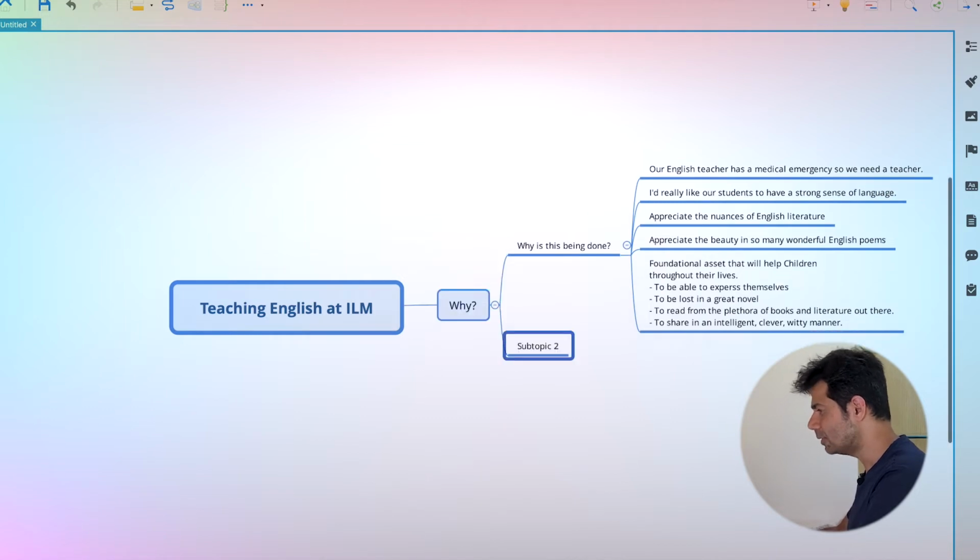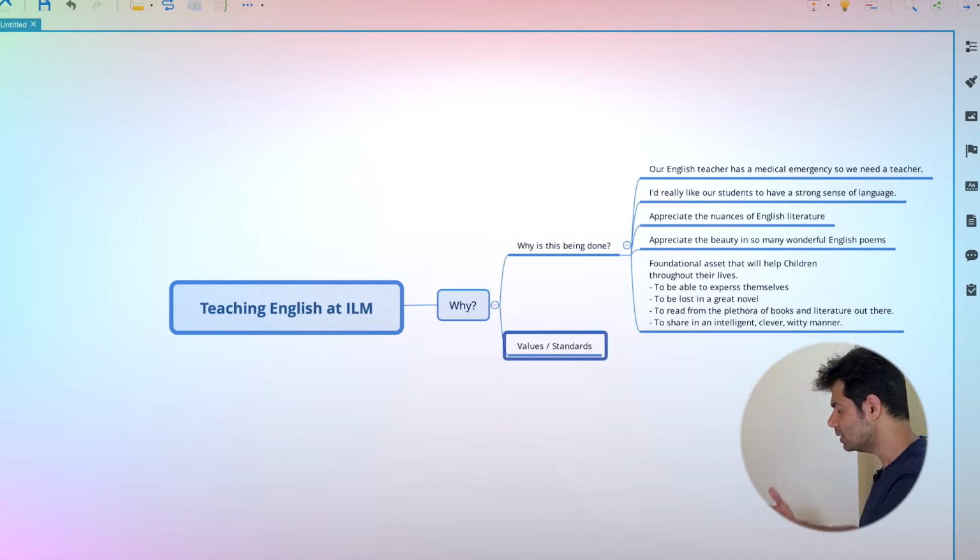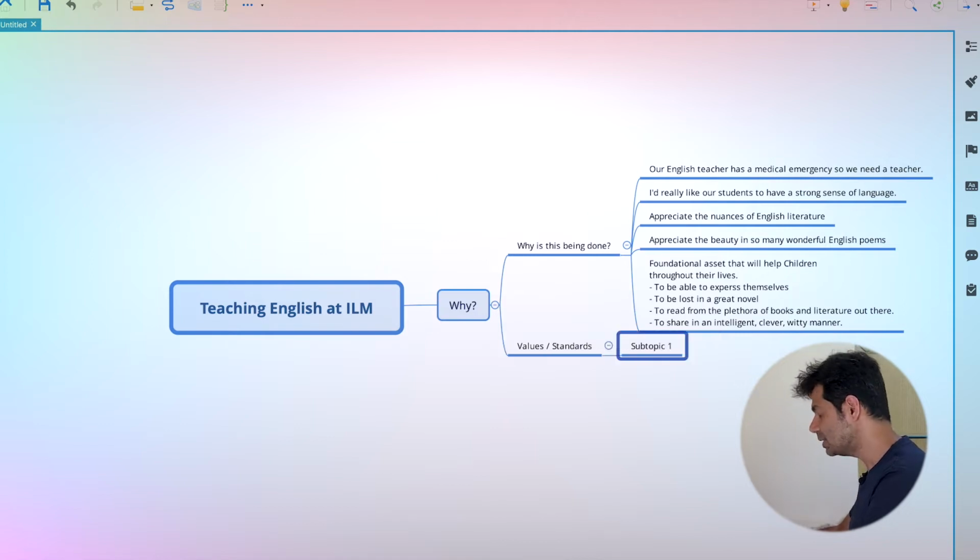A second part to the why is, what are the values? What are the standards that I want to hold myself to when taking on this project? So how do I go about asking this question? Well, there's a very powerful question to take this forward. And that question is, if I were to delegate this project to someone